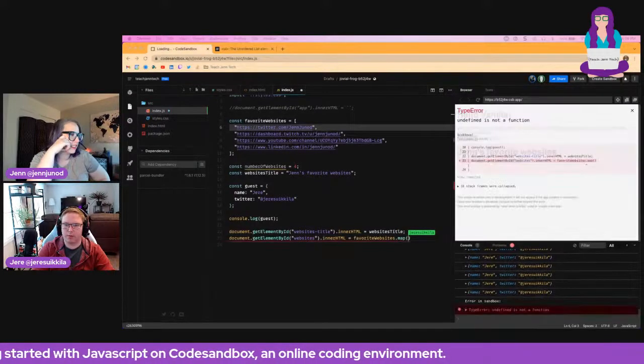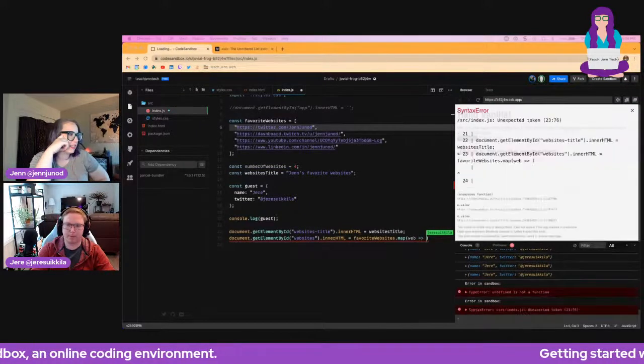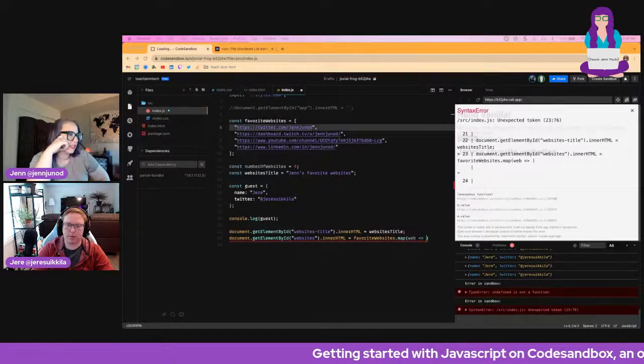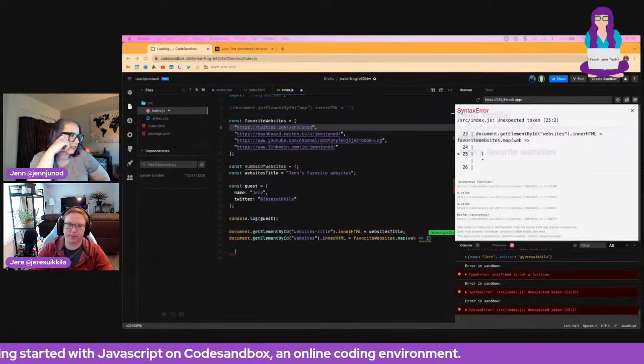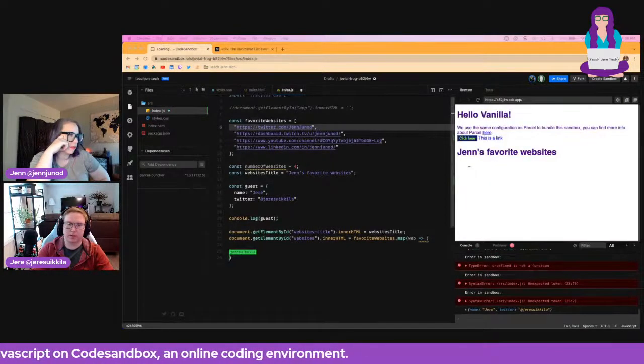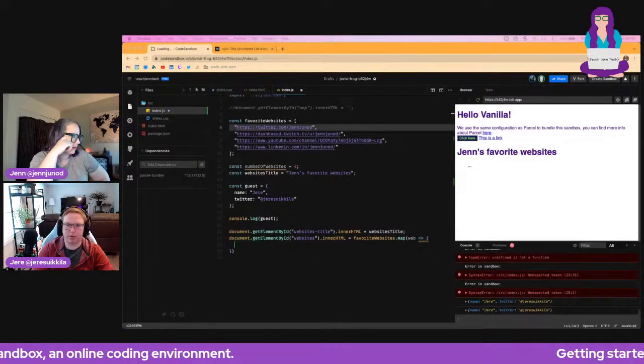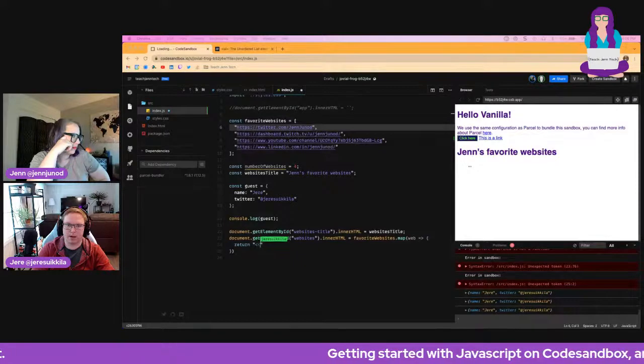But now we've got to use something called a map. This defines how each single element is rendered. So instead, we want it to be li.